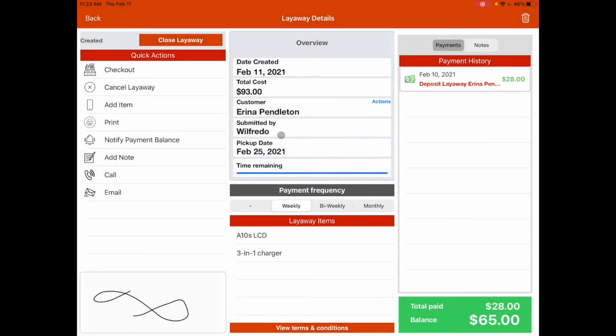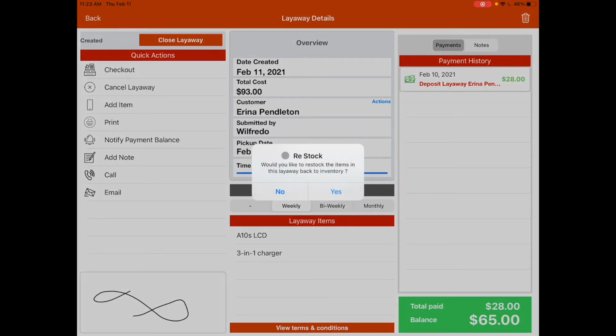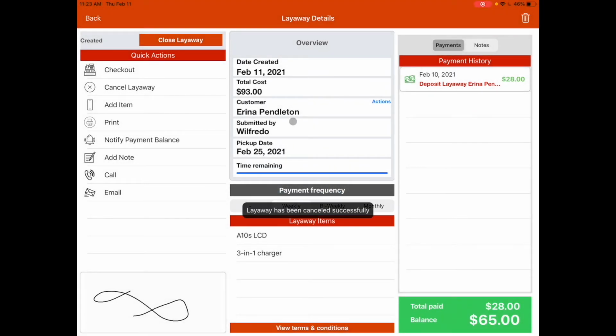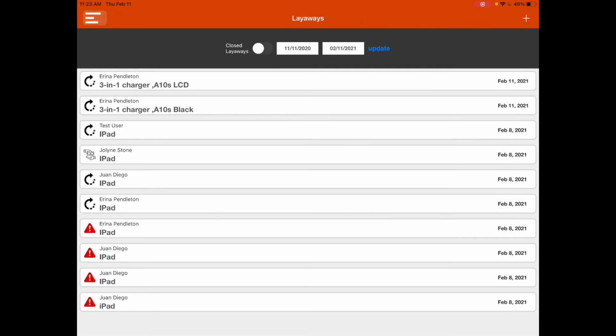Now, let's go ahead and cancel this layaway. So we will continue. Now canceling is going to ask if we would like to restock the items into the inventory. We can go yes. Now we've made this layaway and we've canceled it. Now when we go back,